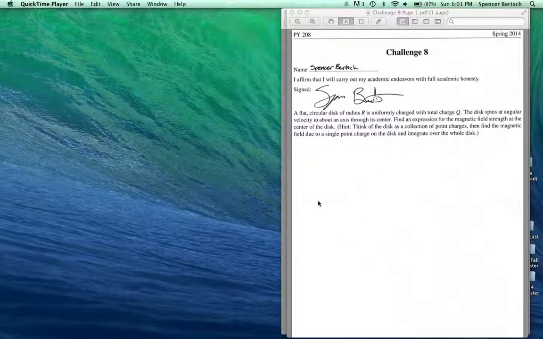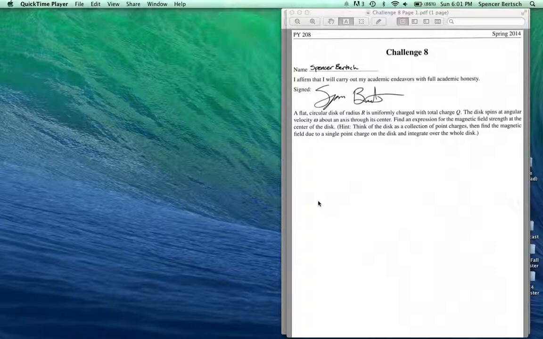Okay, so challenge problem number 8. Challenge problem number 8 basically asks us to imagine that there's a disk that is uniformly charged and is spinning around. And it asks us to find an expression that describes the magnetic field strength at the center of that